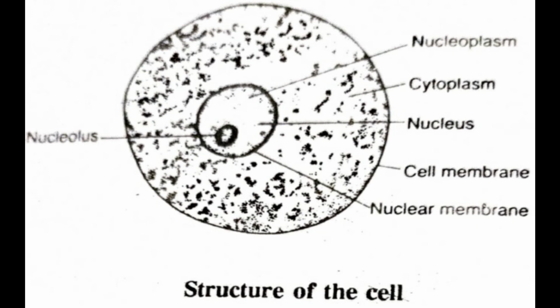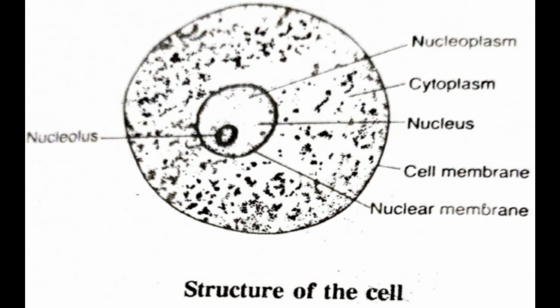Next one is lysosomes. Lysosomes are vesicular organelles and provide an intracellular digestive system that allows the cell to digest and thereby remove unwanted substances and damaged or foreign structures such as bacteria. Next one is mitochondria. Mitochondria are called the powerhouses of the cell. The cells extract a significant amount of energy from the nutrients and oxygen by means of the mitochondria.